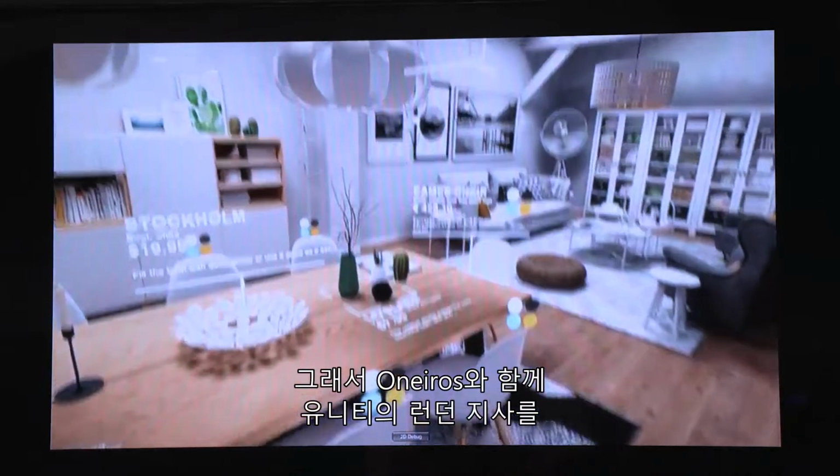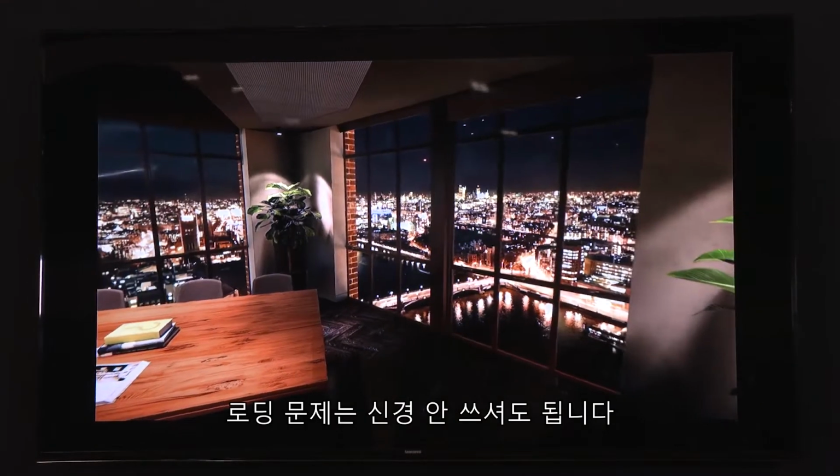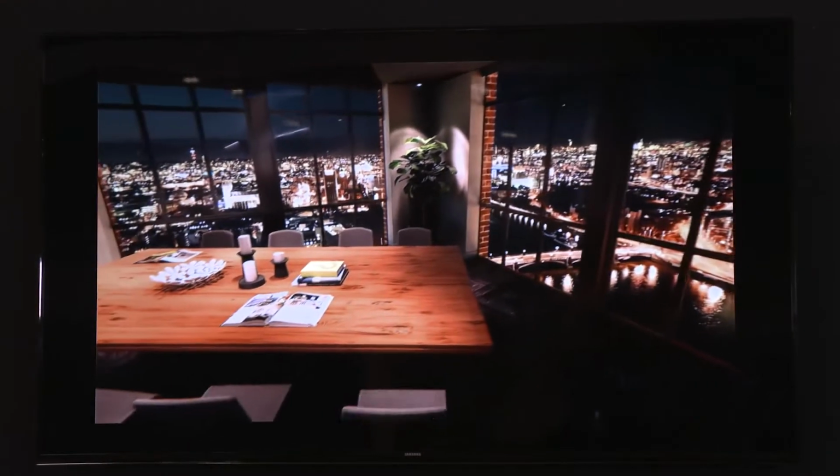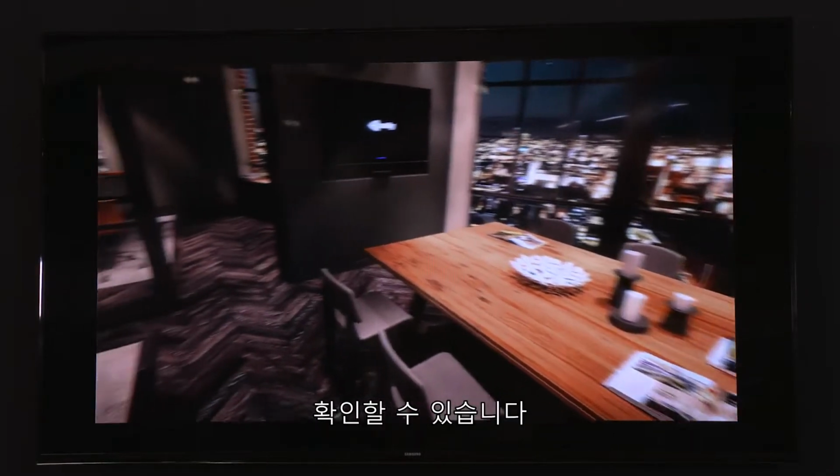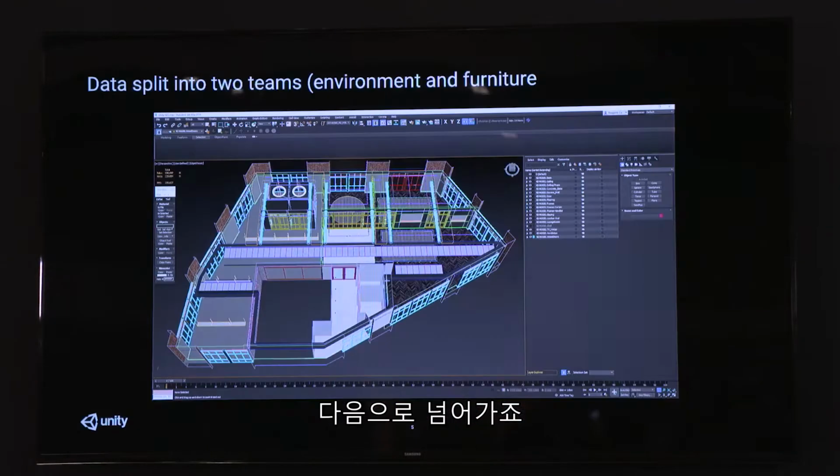And so what we did from here is we worked with them to build what we'll load here in just a second, this London office, but we'll actually walk through it and see the project itself, not everything done through PowerPoint, so don't worry about that. All right, cool, it finally loaded there, and we can see some of the visuals that we're capturing here and exactly how they were done. So, all right, let's move forward here.